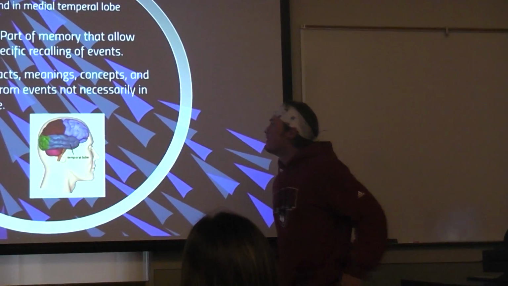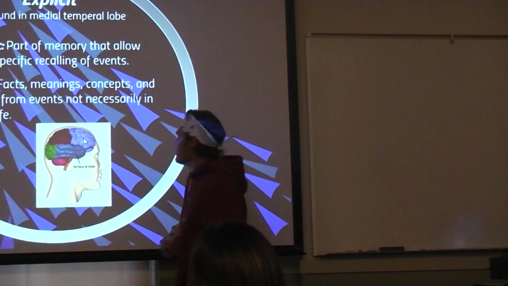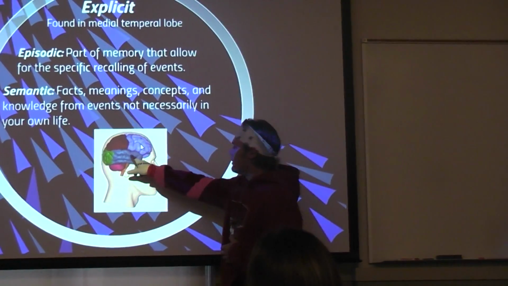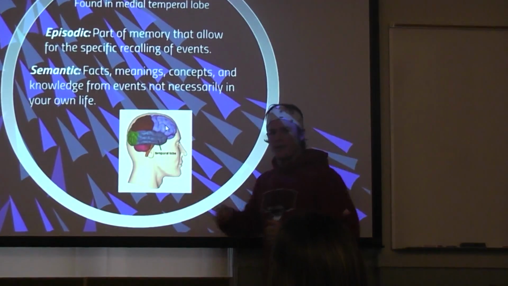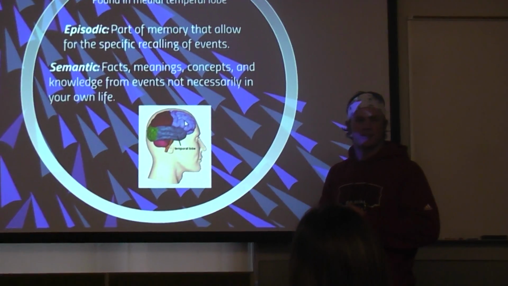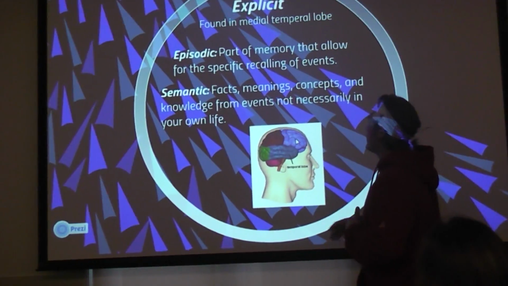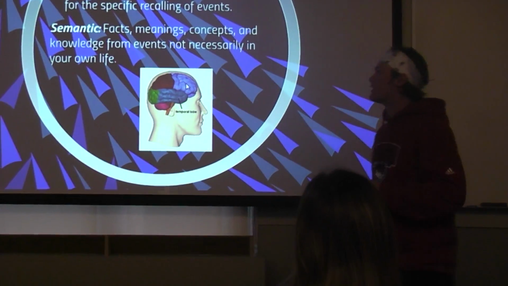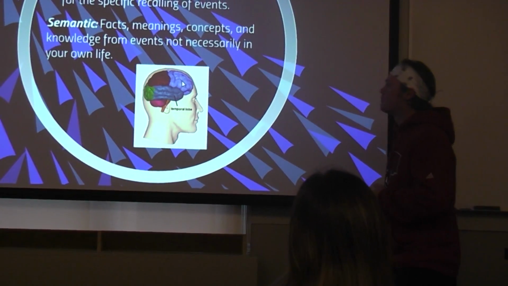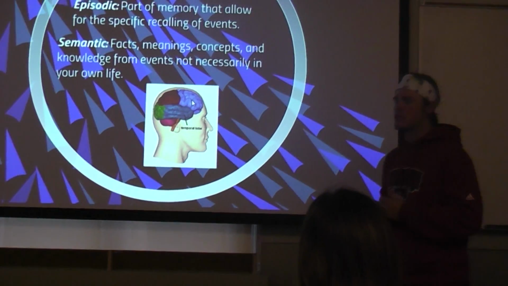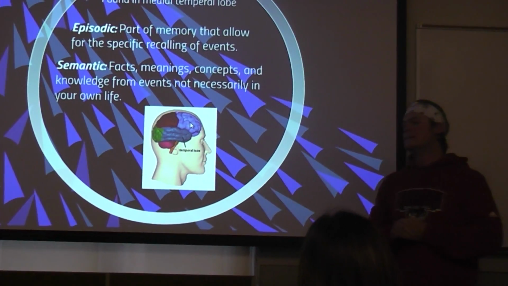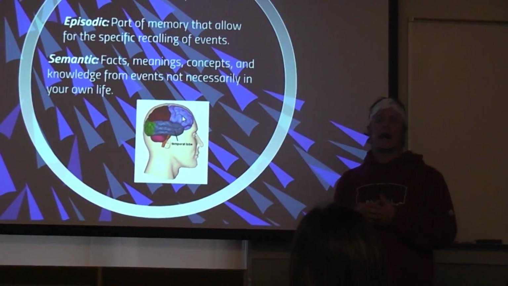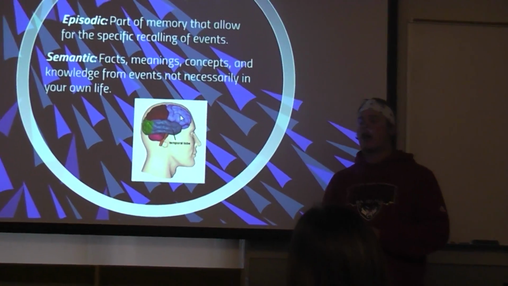So the explicit is found in the medial temporal lobe. So you can see this is the temporal lobe. Great picture, right? Then explicit is split into two different categories. Episodic, which is the part of memory that allows for specific recalling of events. So let's say you went on a hike last week, and in that hike, your ability